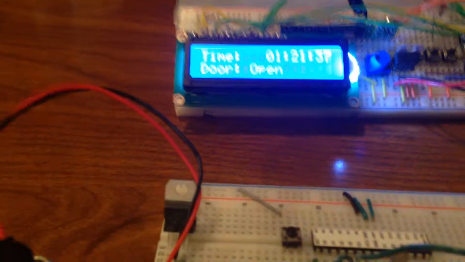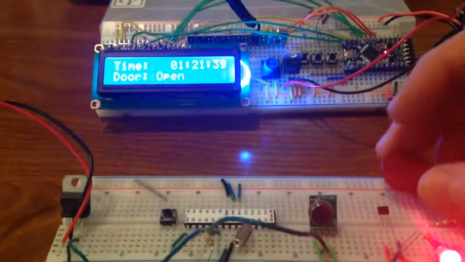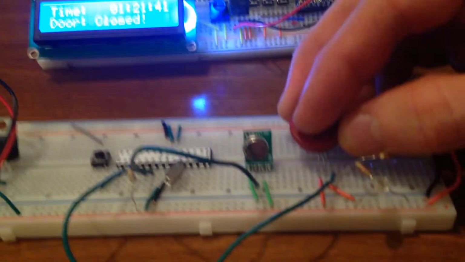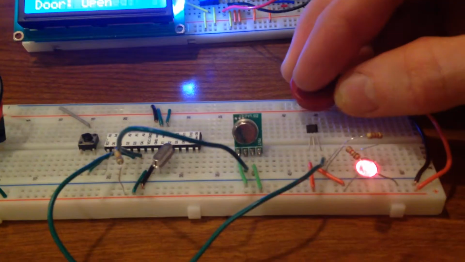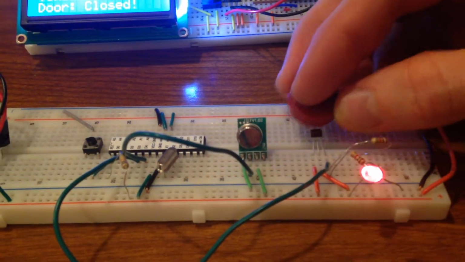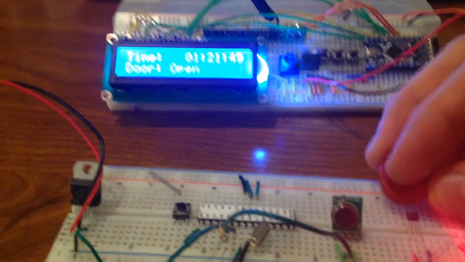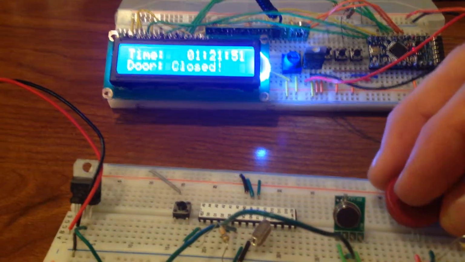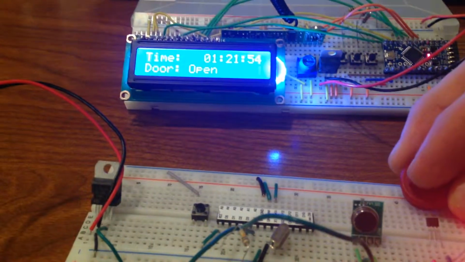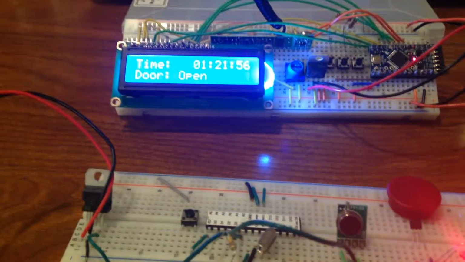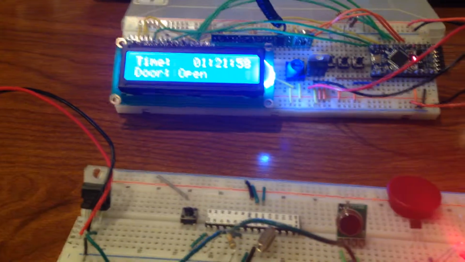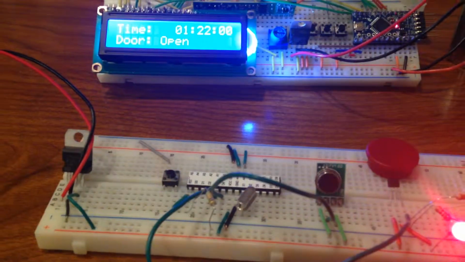So if I take the magnet here and I put it over the Hall effect sensor, you'll see that the LED changes from on to off, and as I toggle it, you'll see that the door goes from closed to open. Ultimately, what I would like to do with this is have it viewable through a web browser